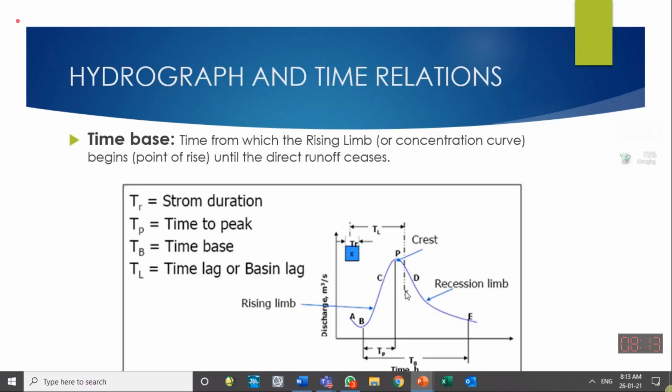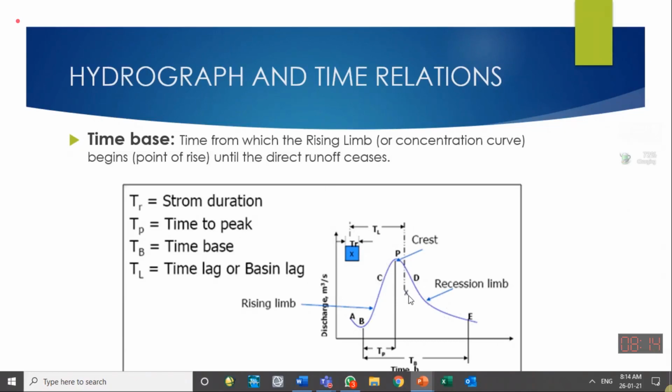So it is not the peak. Usually the center of the hydrograph is somewhere else and the peak is somewhere else if it is not normally distributed. If the hydrograph is not smooth, not a perfect bell shape, then its center will be somewhere else and the peak will be a little deviated. But if it is a well bell-shaped curve, then the peak time and the center of the mass can be the same.